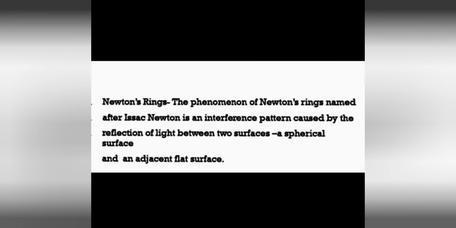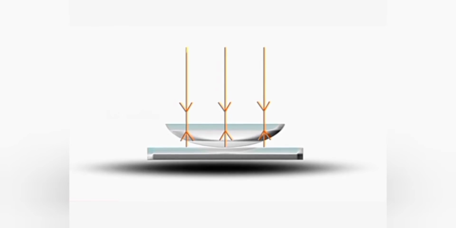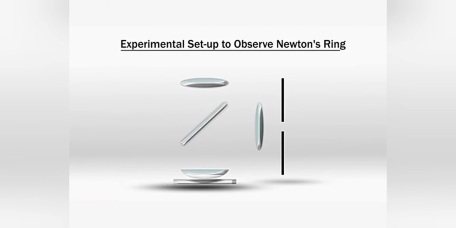Newton's ring. The phenomenon of Newton's ring, named after Isaac Newton, is an interference pattern caused by the reflection of light between two surfaces, a spherical surface and an adjacent flat surface. When a parallel beam of monochromatic light is incident normally on a combination of a plano-convex lens and a